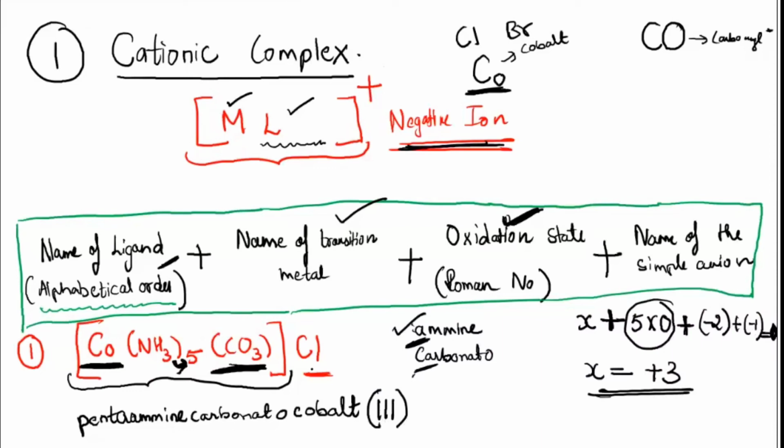Then come to the counter ion. This anion which is present outside. Okay, the negative ion. And this is Cl. Cl is chloride. So you will just write the chloride name. Okay. Did you understand how to name? It should be written as one single word without any gap. Okay. Yeah. Copy down this first one. Then I will be doing a few more examples. Then you will understand better.